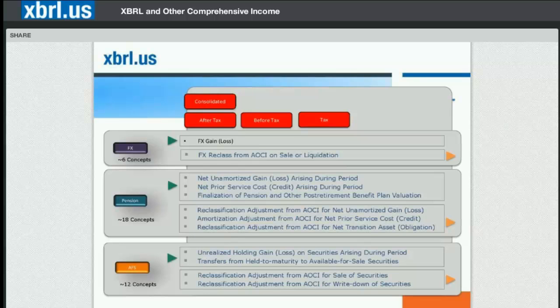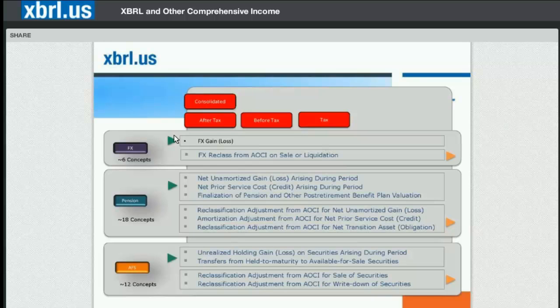The items represent the components of FX, pensions, and AFS that will be reported in OCI. So the FX gain or loss has 3 elements or qualifiers associated with it: after tax, before tax, and tax effect. Note that all the amounts shown here are applicable only to the consolidated entity. If there are disclosures attributable only to the parent or non-controlling interests, such breakdowns might necessitate a more complex tagging